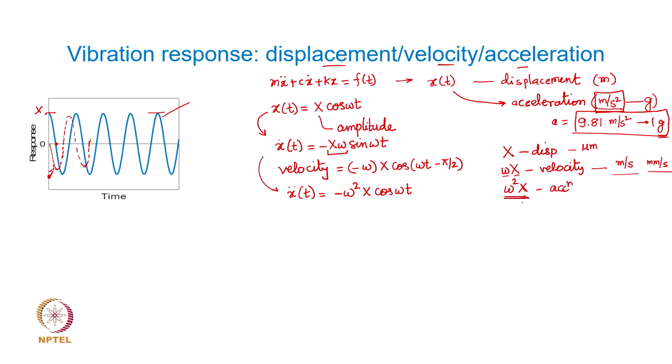Incidentally, the reason why accelerometers are used for high frequency measurements is because when your vibrations are at very high frequency, if I show the acceleration plot, higher frequencies actually show a very large vibration amplitude. So, the response at very high frequencies in terms of acceleration units will have a very large amplitude. With the same mechanical system, if you use a displacement sensor, it will hardly show any amplitude here,